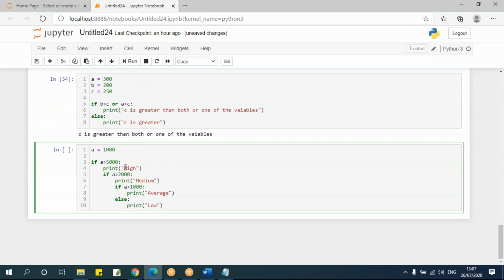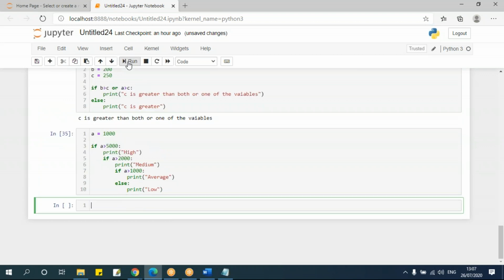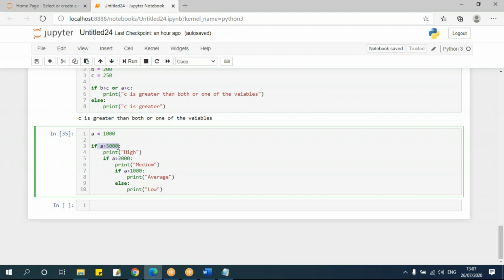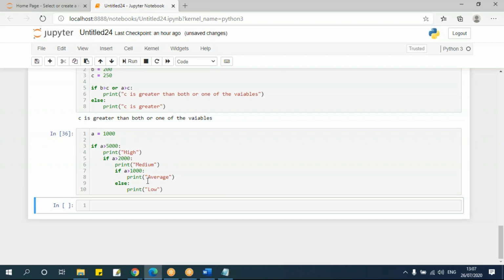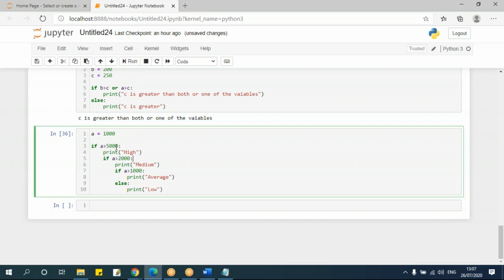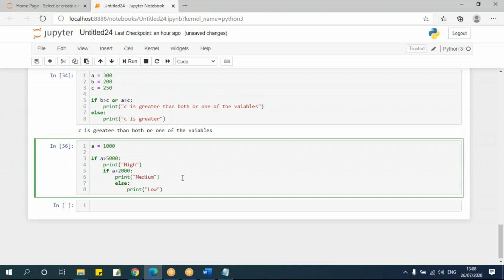Let me run this. Let's check the colons. See, here there is no else statement for this. Let's go and run this. See, A is greater than 5000, this is false. It is not going here also. It's not going here also. So what it is doing, it is just coming out. Let's remove this and we'll say else. Run this. See,